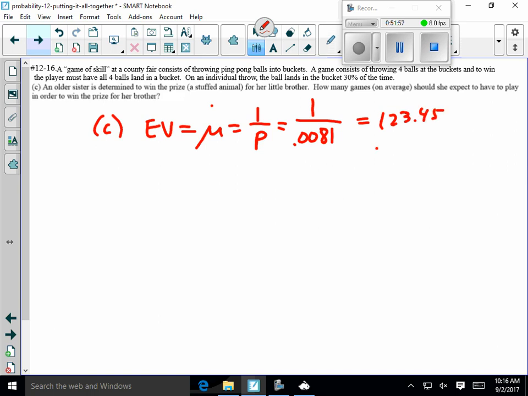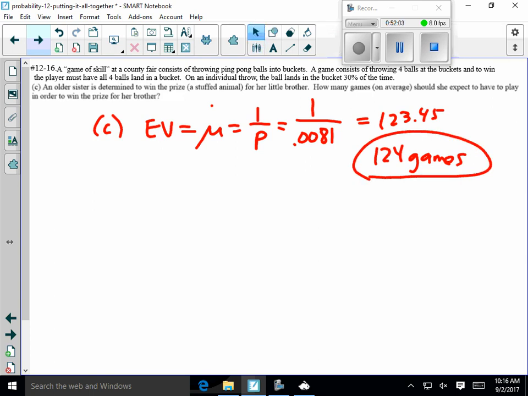123.45. So she should expect to have to play, on average, 124 games before she wins that prize for her little brother. Now, is that worth it? Probably not. I'm guessing she has to play a dollar. Usually carnival games cost $1. So if she has to pay that, she's going to be paying on average $124 to win this stuffed animal for her brother. And I'm suspecting that the animal would cost a whole lot less for her to buy